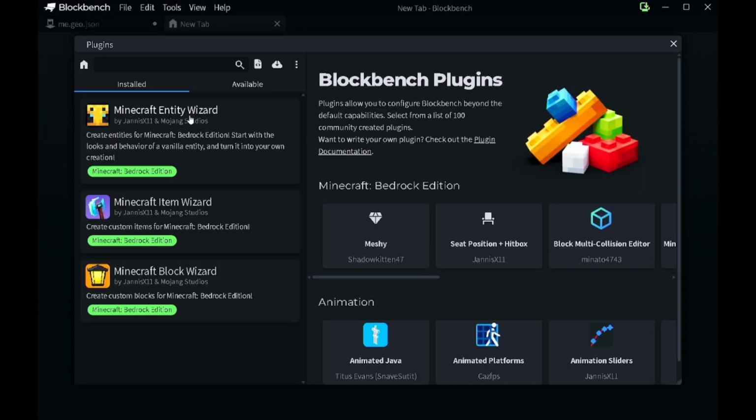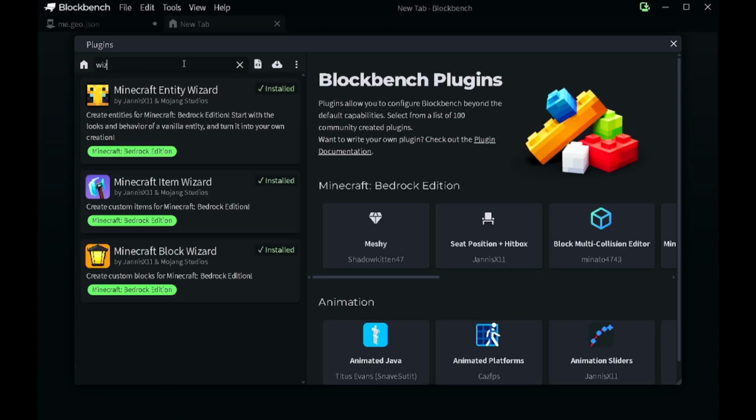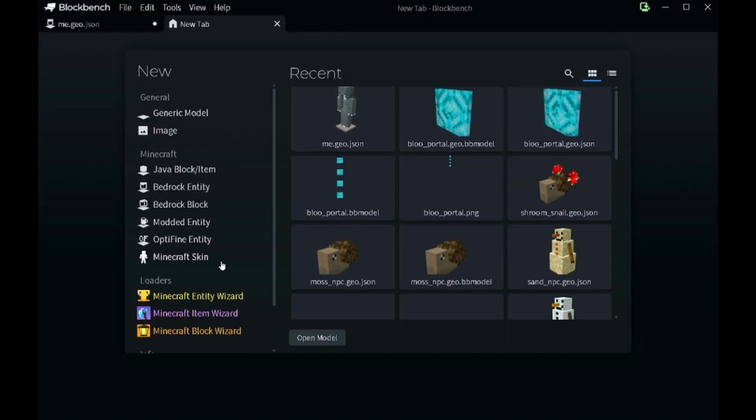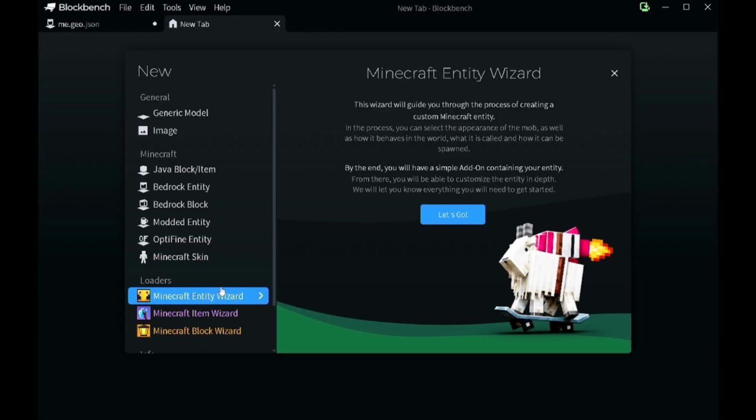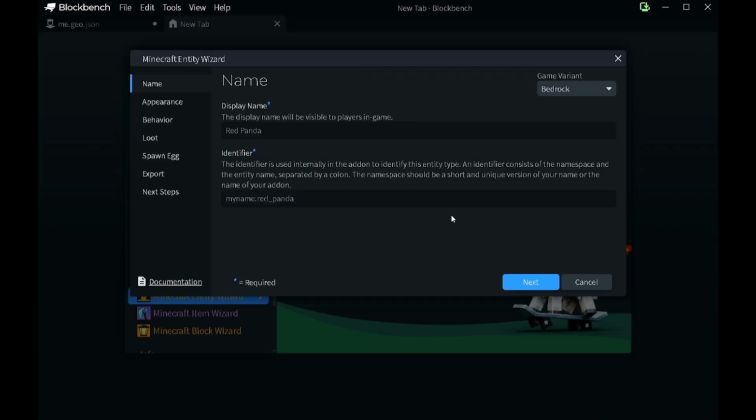so if you go down here to plugins, go up here to the search bar, simply type in wizard and you will find these official Minecraft plugins, one for entity, one for item, and one for block. Mine are already installed, but if you simply click the button on the side, you can install them. So to start with, you're just going to click on the plugin and click Let's Go,